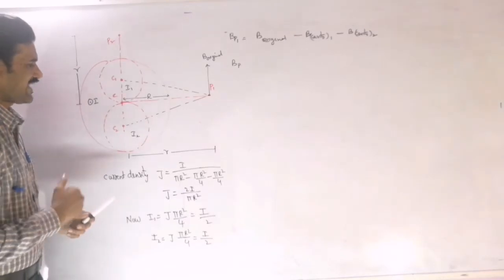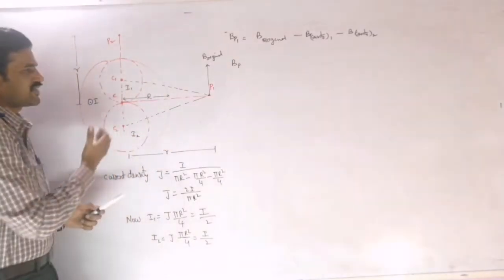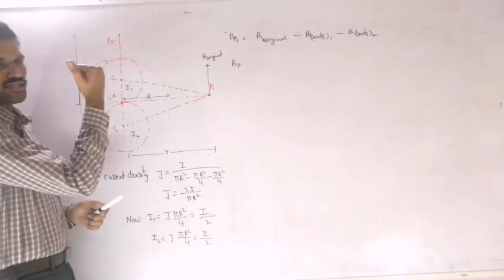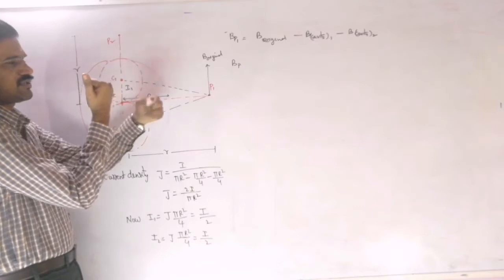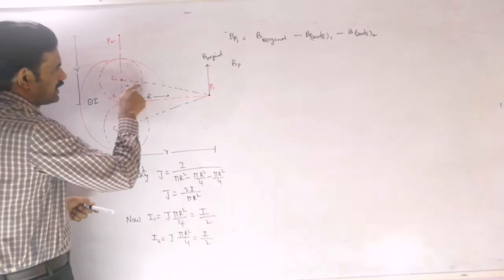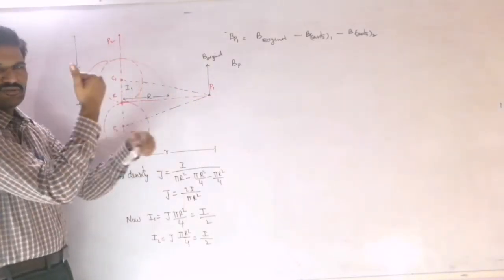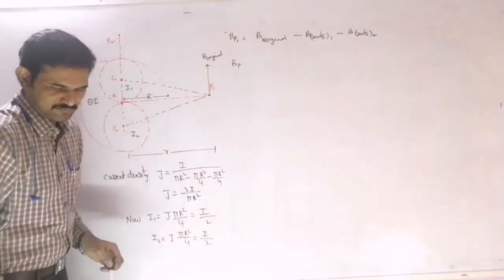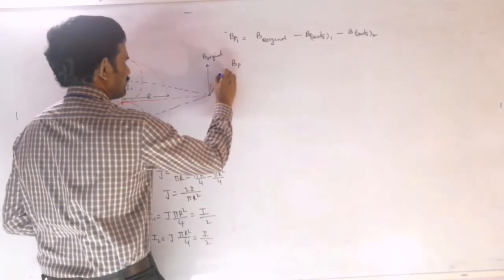And next, due to this cavity, let us consider I1, for example. For this we are taking that current is flowing in the same direction because we are already subtracting that. So we need to assume that current is flowing in the same direction for this. If current is flowing in the same direction, then this magnetic field will be there like this. And so here this radius for this will be this one, so perpendicular to this direction you will get here. So the circle will be there like this for this, and perpendicular to this direction, that I can write as the magnetic field represented here like this.